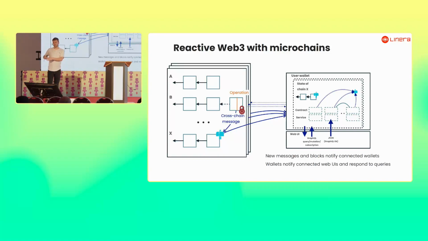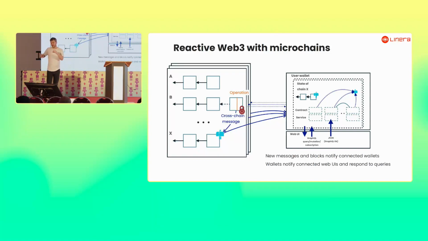And then you get the data replicated on the wallet side. What's important here is that the wallet, when it receives blocks, is going to verify all the signatures. It's going to re-execute the transactions if that's one of the chains that you care about. So at the end of the day, you get the state of the chain on the client side that is fully authenticated and ready to answer questions from the web UI.